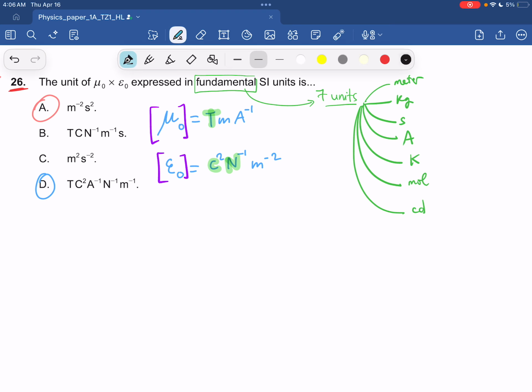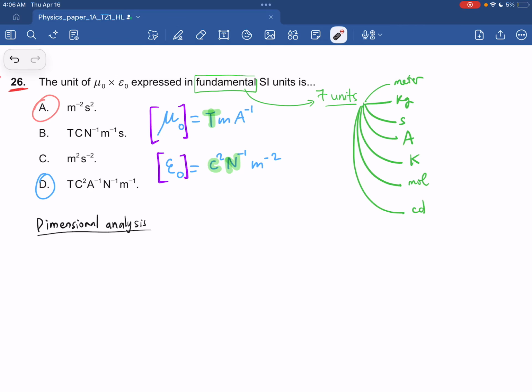And if you remember, I have mentioned a lot of times about dimensional analysis. This is also one of the very key principles in physics that helps us double check if our math is correct, when the units match with the formula. So from the formula, basically we can derive the unit much more effectively. If you have a look at the data booklet again and try to find a formula that contains mu naught,